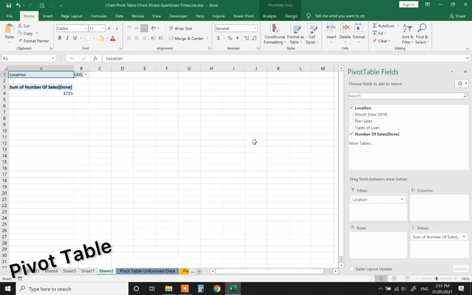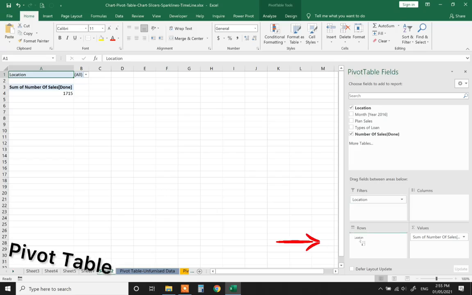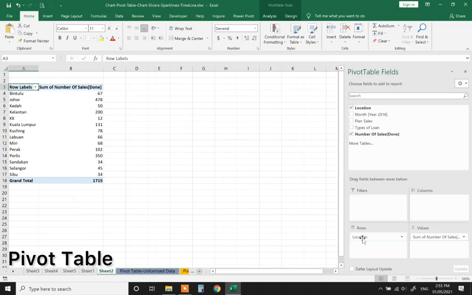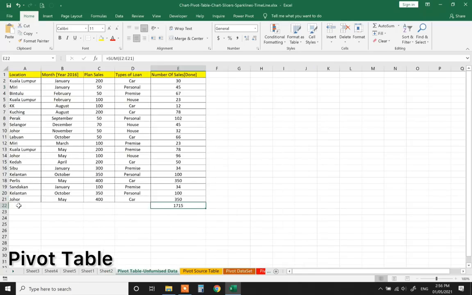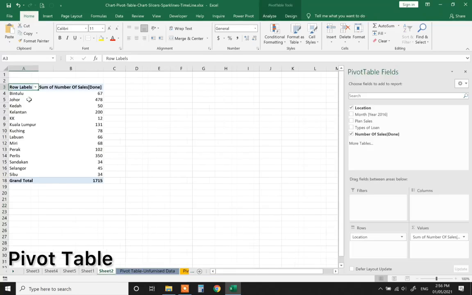Now let's say if you want to know further, move this location to row. What will happen is Excel will automatically turn the repetitive locations into non-repeated information. So now Bintulu, the number of sales that have happened is 67, Johor 478, Kedah 50, Kelantan 200.